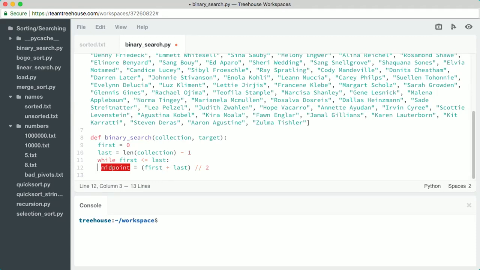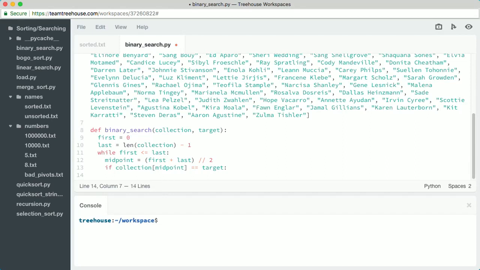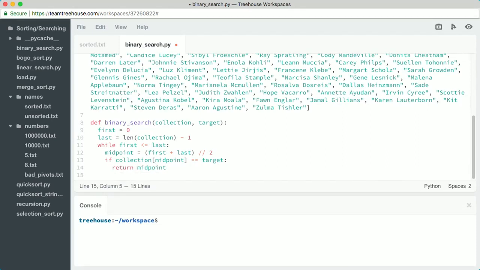Whoops, looks like my indentation got mixed up there. Let me fix that real quick. There we go. Now we test whether the list element at the midpoint matches the target value. If it does, we return the midpoint index without looping any further. Our search is complete. Otherwise, if the midpoint element's value is less than the target value,